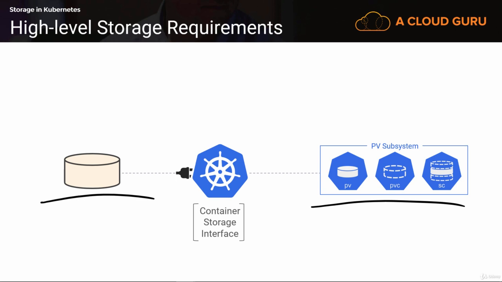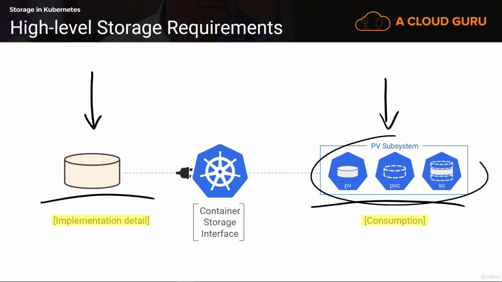Now, I get it, I'm probably being a bit oversimple with things here. But we've got the storage systems here and all of their features. CSI in the middle, making it easy for them to interface with Kubernetes. Then on this side, we've got the Kubernetes persistent volume subsystem. So I think at the highest level, it's implementation details on this side, and then consumption on this side, with the plugin abstracting away all of the messy detail on the left. Now then, we're going to be spending most of our time learning this stuff on this side, right?